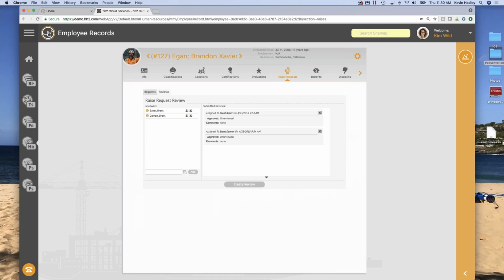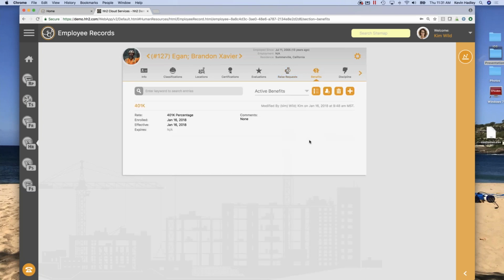If you do have reviewers on a raise request, you can specify who those reviewers are, and then you can see whether or not these individuals have approved the raise request for Brandon. Okay, each of the people in the review process will get an email notifying, hey, you've got a raise request that you need to review. They may come into the employee records, look at it, look at the evaluations and say, hey, yeah, we don't want to lose this guy. He's been with us for a long time. Maybe he's going to go over to the competitor because right now finding good help is a little tough, etc. So anyway, that's something that you can do with raise requests.